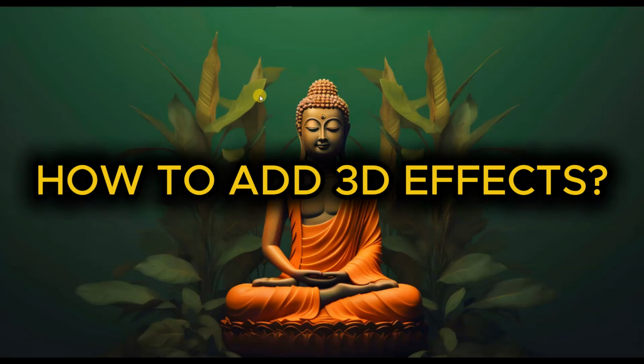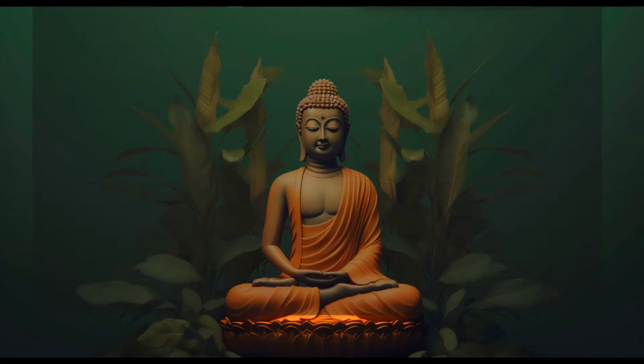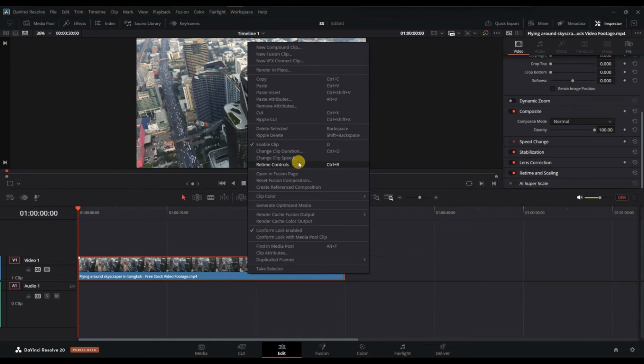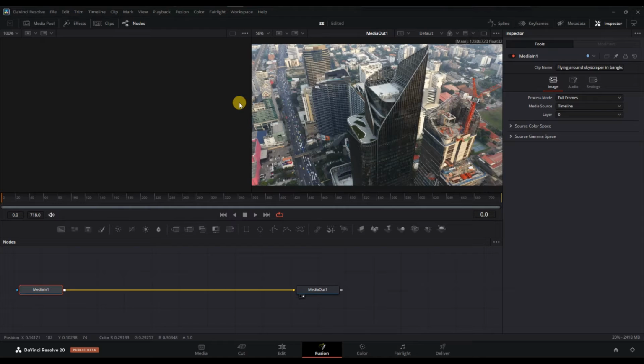How to add 3D effects in DaVinci Resolve. First of all, open your project and select the clip you want to edit, then right-click and choose Open in Fusion page. Next, add a 3D effect like 3D text, Shape 3D, or any other 3D element from the toolbar